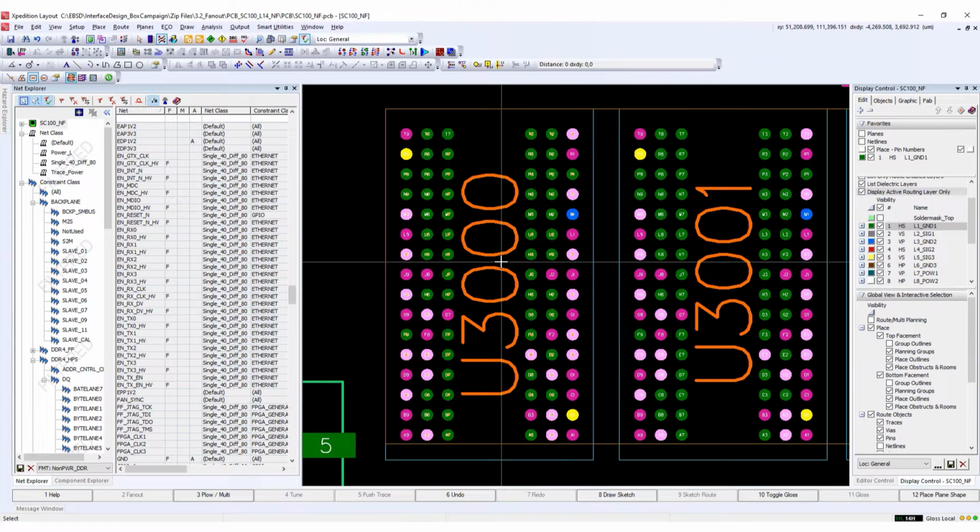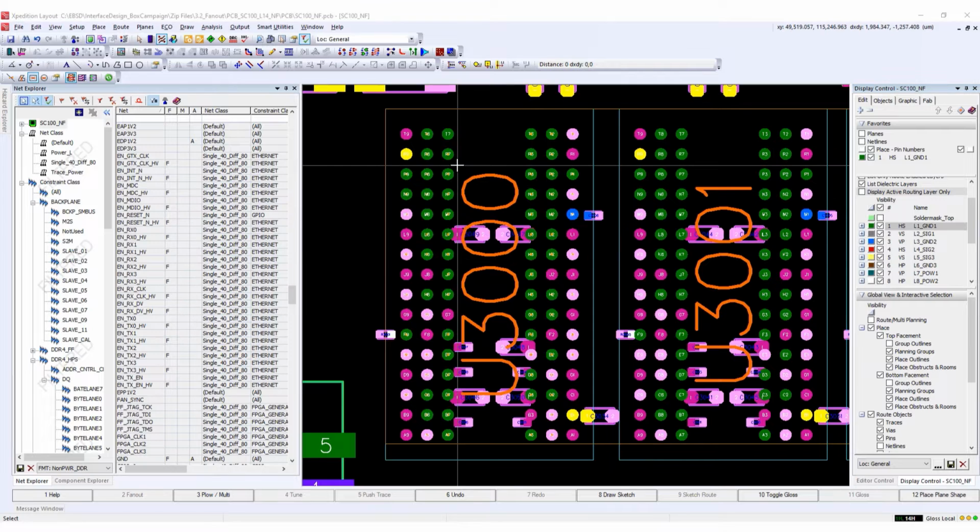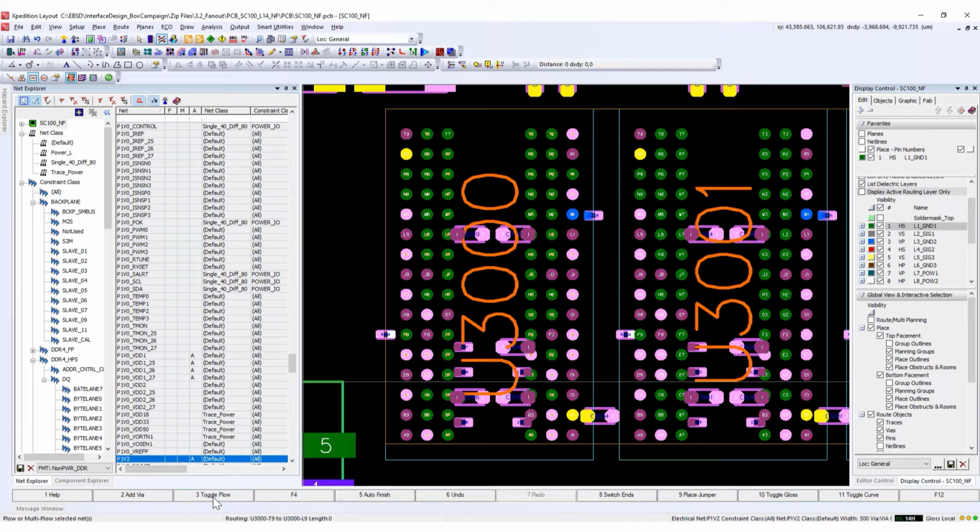Next, I will manually fan out a few of the power pins on this first DDR4 chip. Unfilter my scheme, and using the plow command, I'll manually fan out a few of these power pins.